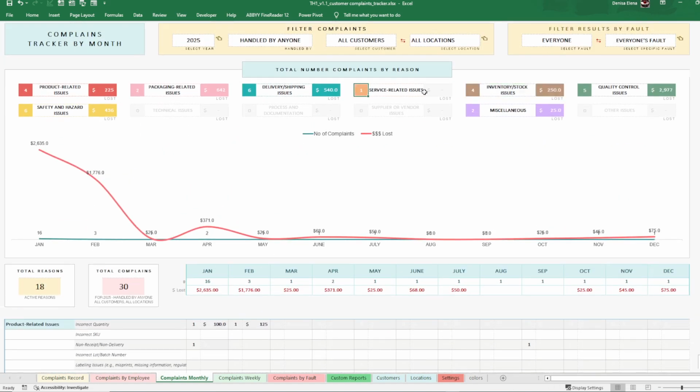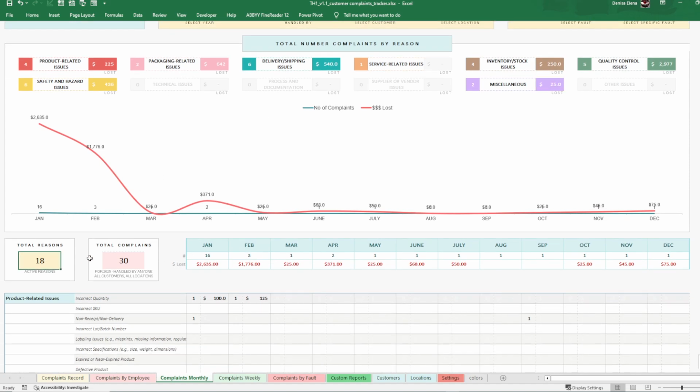In case you see this one, service related issue, is having one and this one not, it means that this one has a complaint recorded, but it has not generated any amount lost. That's why this is grayed out, and we have one here and not like the other ones. Okay, going forward, in this section